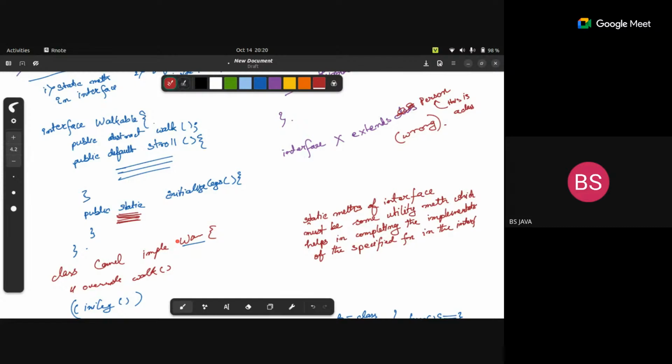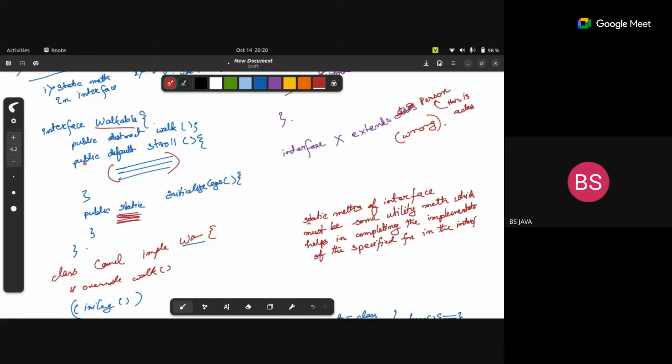So this is the reason the Java developers said, okay, let's do it this way. We will introduce these default methods. Whatever new methods we are introducing, let's introduce them as default methods, and we will provide a default implementation of them. If someone wants to use these new features, he will override the default method and his version will work. If someone does not want to work with this new feature and is happy with his previous code base, then he does not have to do anything and his code will also not break,